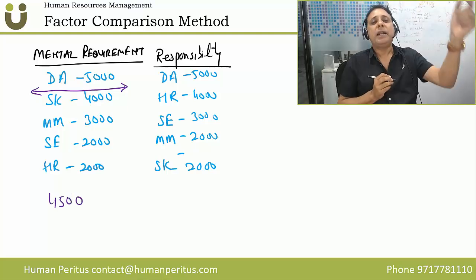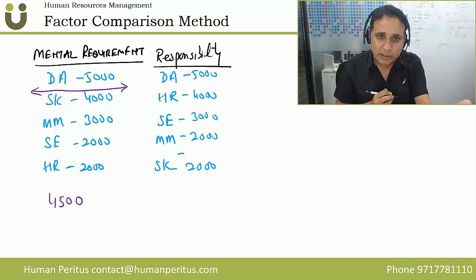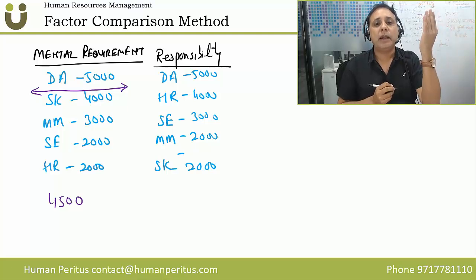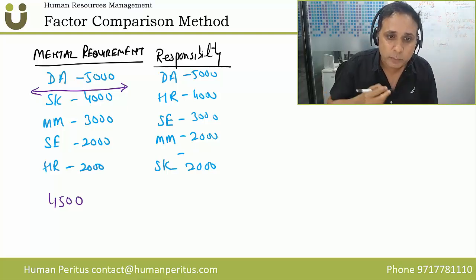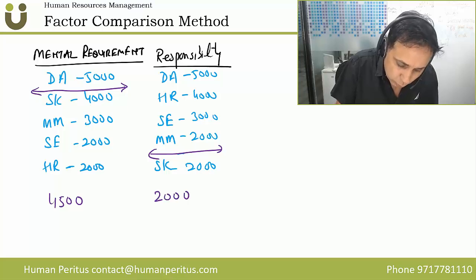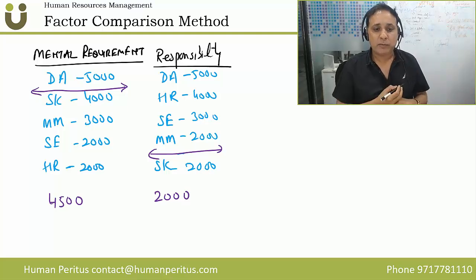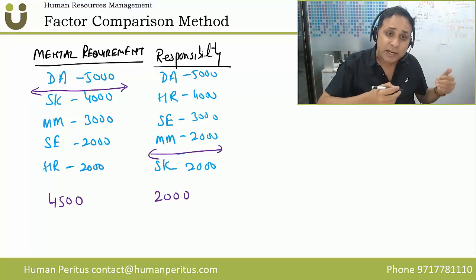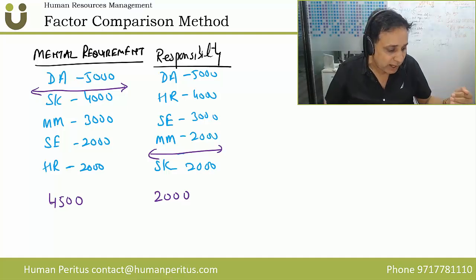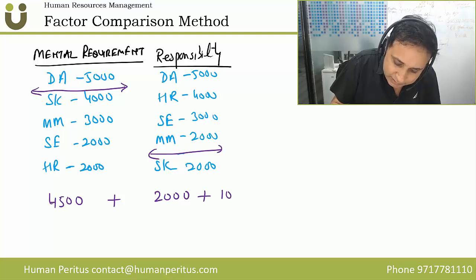Let's come to the second factor. Data scientist, where does it fit? I look at the job description of data scientist and the job descriptions of these five. In terms of responsibility, for example, this fits somewhere here. So then we decide that for data scientist, for responsibility, I should be giving a 2000 rate, whether it is hourly, monthly, or whatever it is. Similarly, I fit data scientist in all five comparison scales, and eventually I'll end up having something like this.